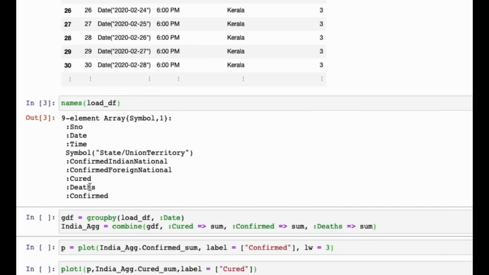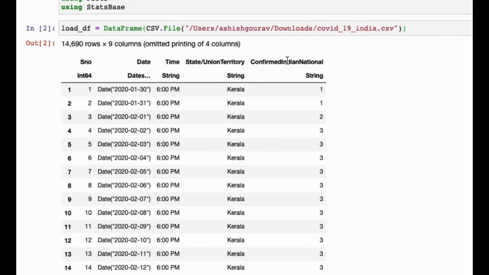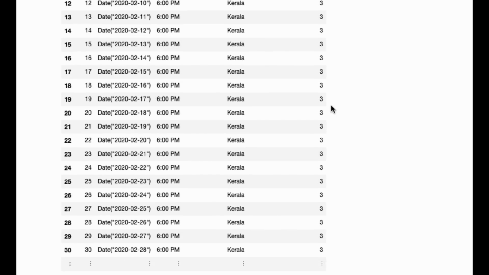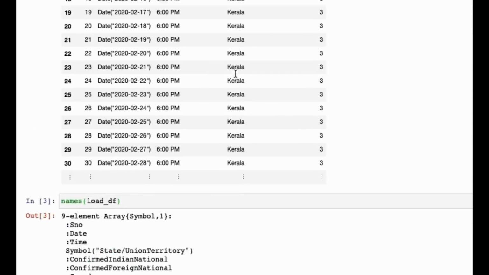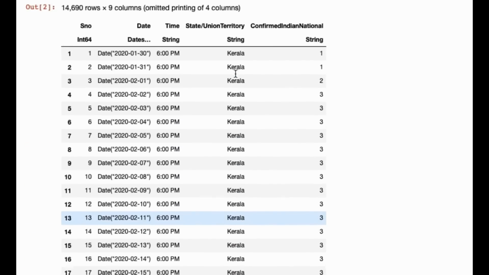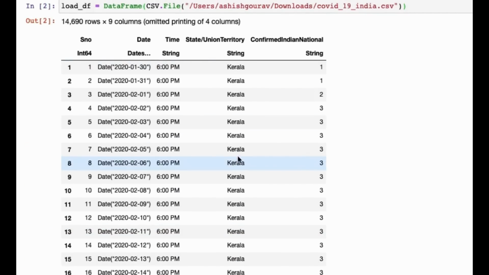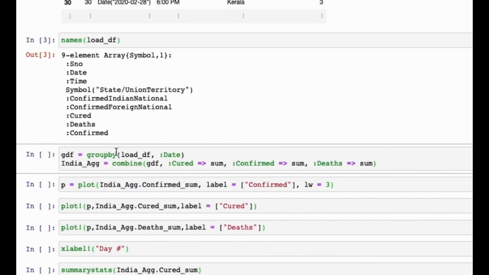Essentially if you look at these column names and this display, you will understand that this is the COVID-19 India data, and it is obviously not current data, it's an old data set. Let's do a bit of massaging on this data. We are not really interested in the state-wise but the aggregate India-wise data, and as you can see the data is state-wise. You can see Kerala over here. So we will group the data set by date, so that will club all the states on a particular date into one.